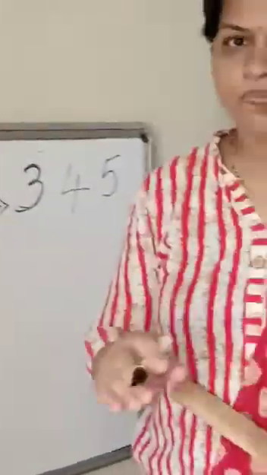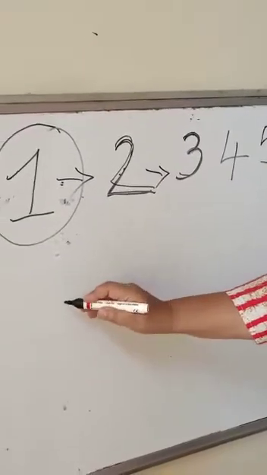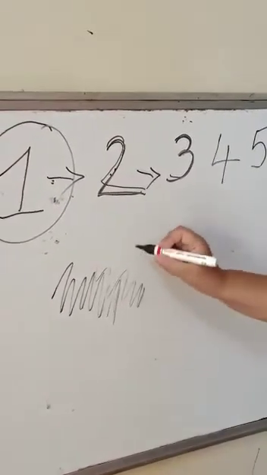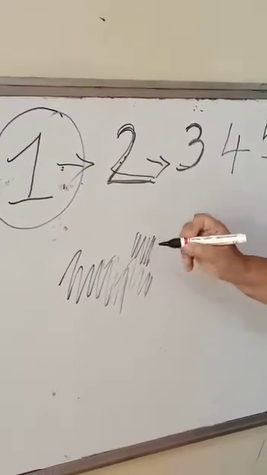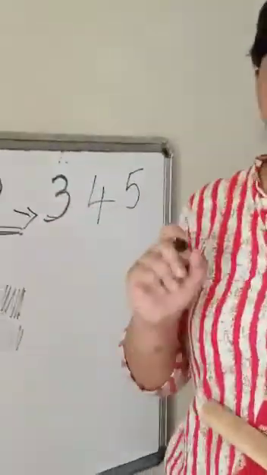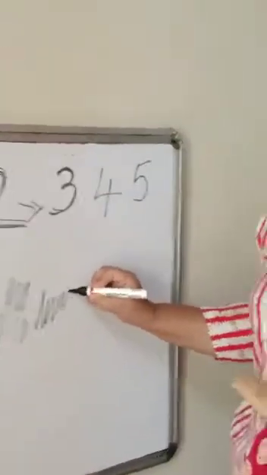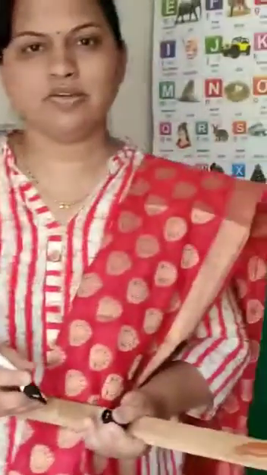And parents, today's homework is just give them a slate and let them scribble like this, anything. This will be the homework. Let them scribble on a slate. If you have a slate, it's okay. Or otherwise, whatever is available, white board, green board. Otherwise, you can give them a small notebook to use. Like this, let them scribble today. This will be today's homework.